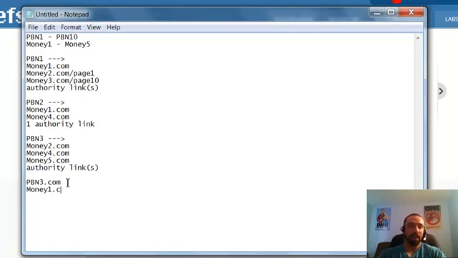I could even do money1.com, money1.com/page1, money2.com, and money3.com. Or I'm sorry, I wouldn't do that. I already did that combination, so I'd probably do like 1. I could do 2 again, then maybe 2 hasn't been linked with... 2's been linked with 4, so I'd probably do like 3 and 5. This combination hasn't been used yet. So something like that.